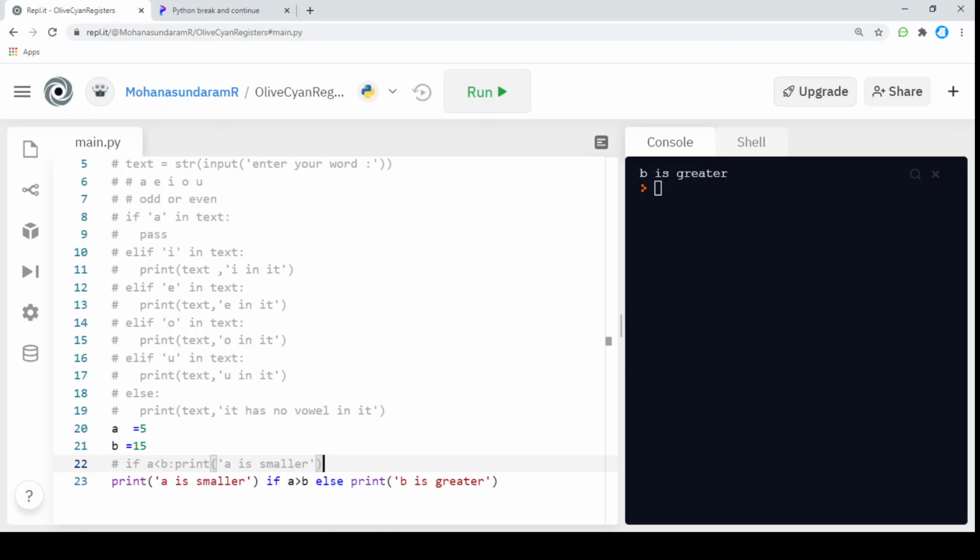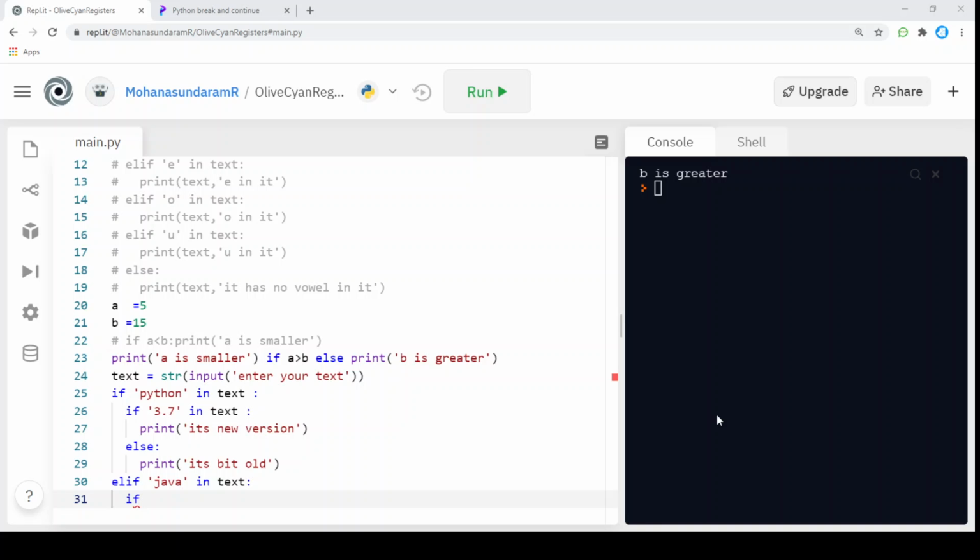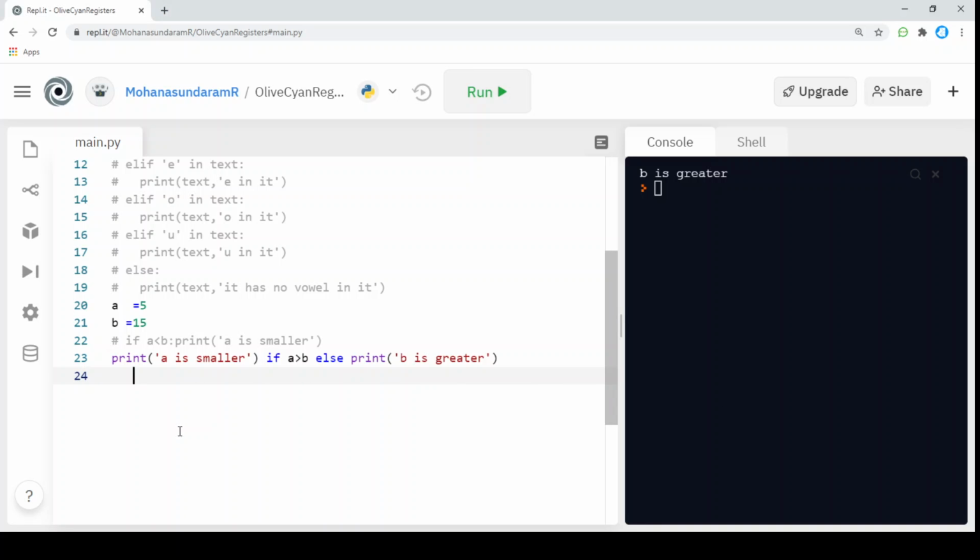Before we move on to the problem statement, the next topic is going to be nested if. As we saw in the previous classes, a nested list is a list inside of a list, and we can also have an if condition inside an if condition. For example, our next statement will be a nested if else condition.